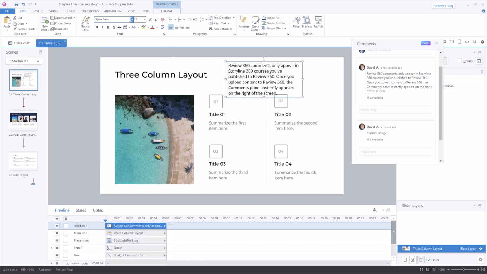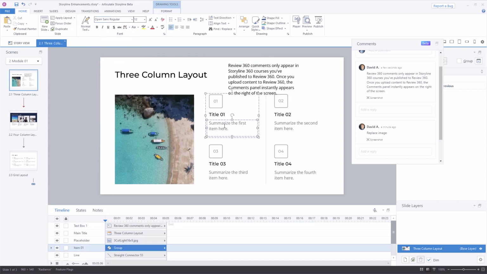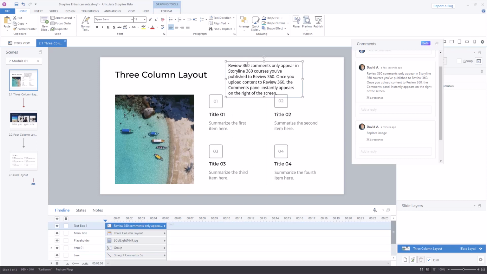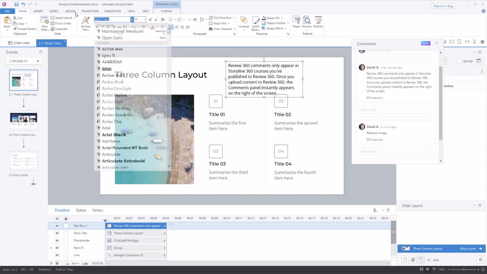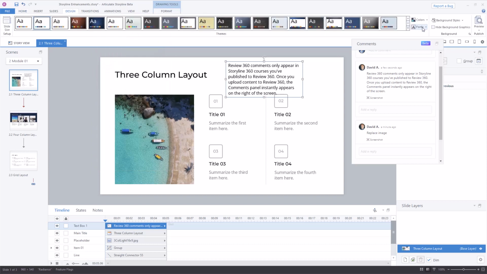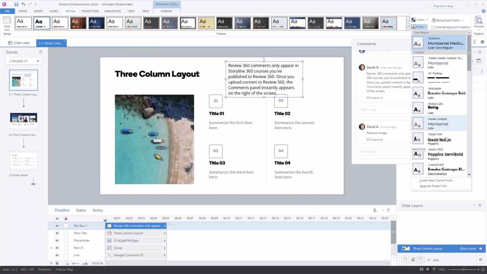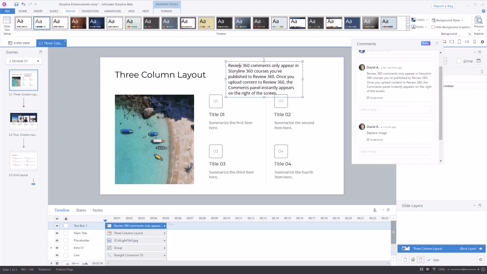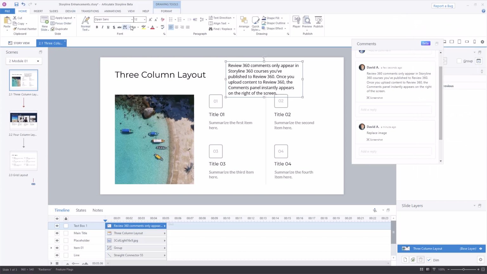Oh, I might not have that particular font. There might be a conflict here because of Open Sans Regular, I think there's a conflict with my text because I can see that right here. Let's just try this, just to make sure that we can see that this is working. Let's say Montserrat, and then, yeah, there we go. So it looks like my Open Sans might need to be updated.